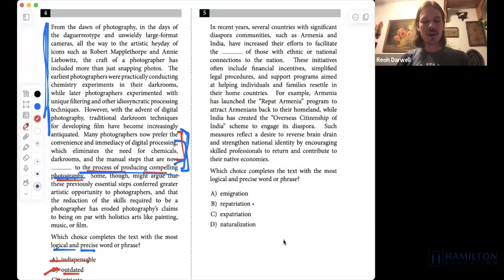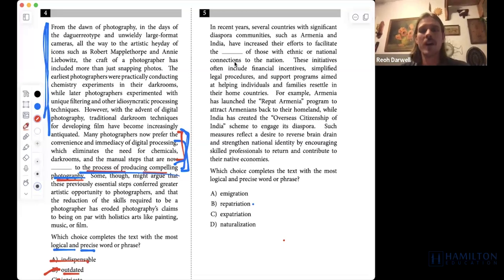So for question 5, I want to reiterate what our approach is to word and context questions. We want to find what kind of word we would put here, and then find that by looking for synonyms or definitions in the passage. Okay. What is the logic here? We're saying that financial incentives, legal procedures, and so on may help families resettle in their home countries. We even see almost a direct synonym,